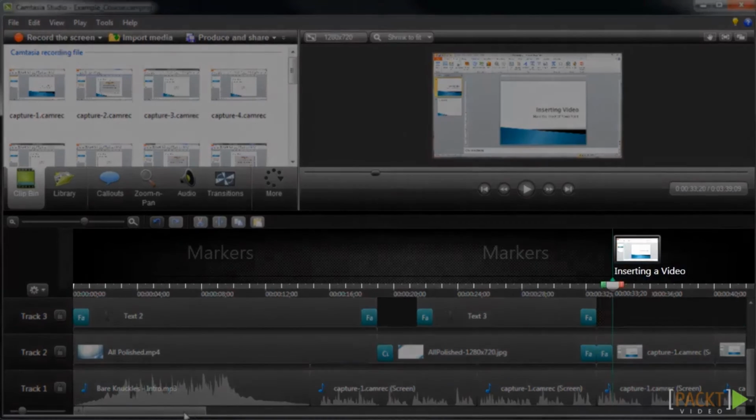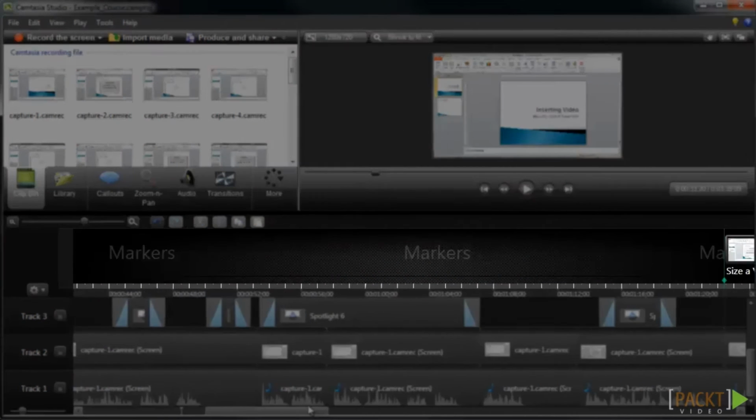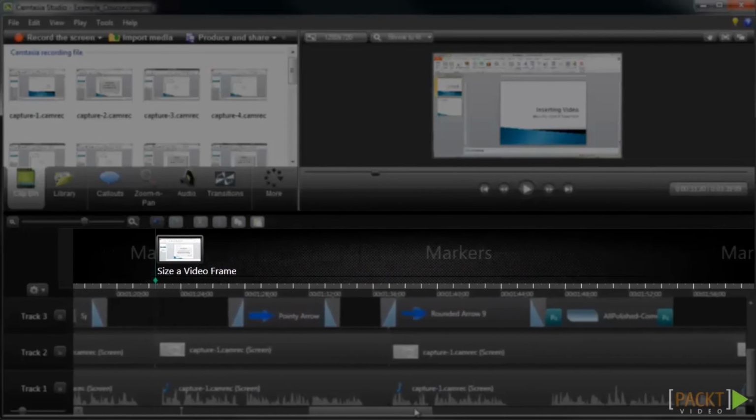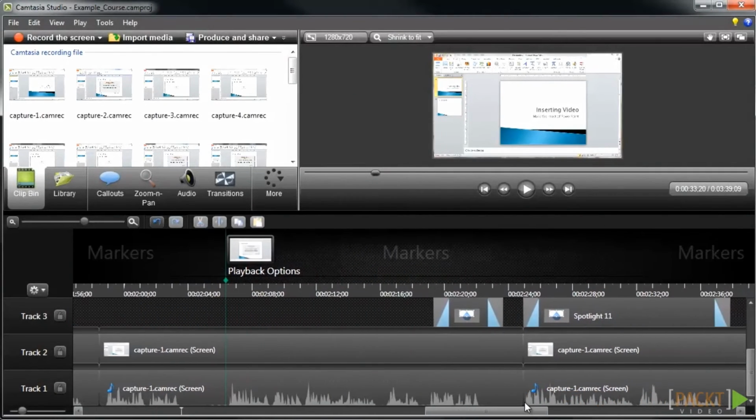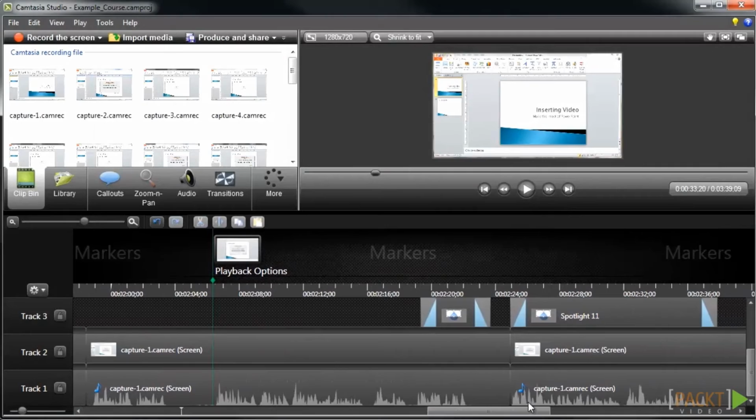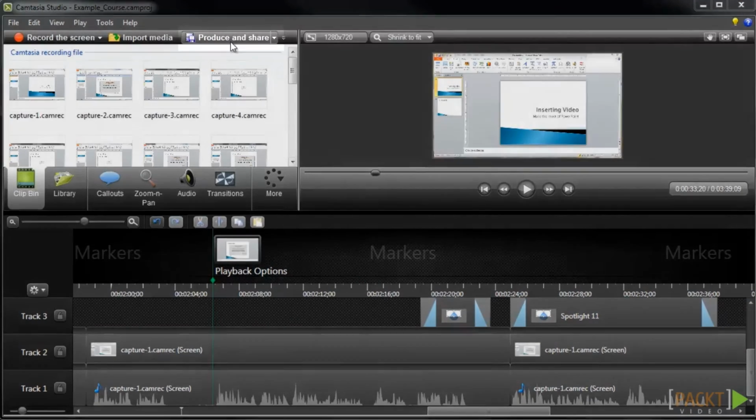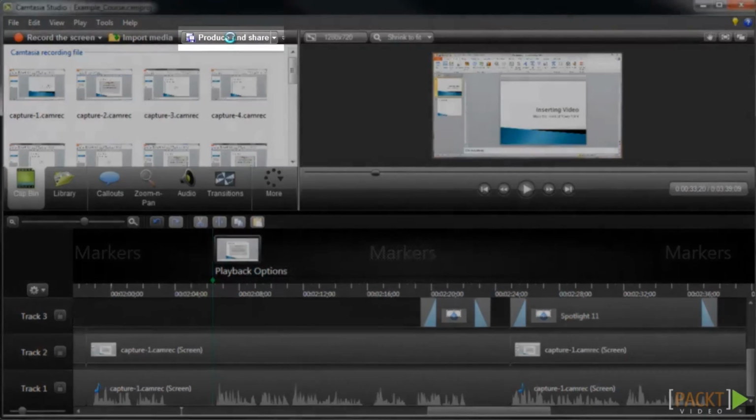Okay, now that I've got a marker in each section, and I gave them all descriptive names, I'm ready to produce my table of contents, and that's done at the same time that we produce the whole video. So you'll want to make sure your project is ready to publish before doing this. Once you're ready to produce the project, we just need to click on the Produce and Share option, and since